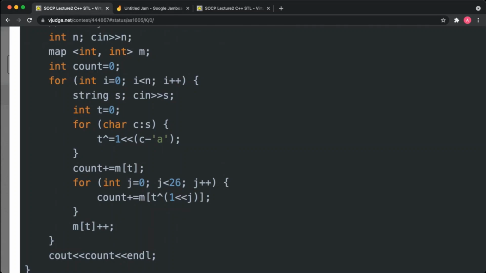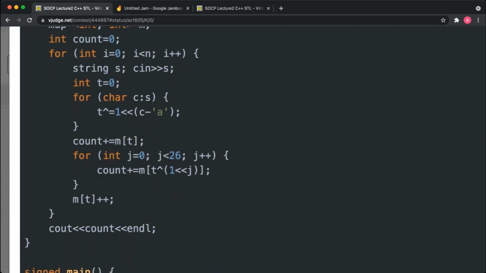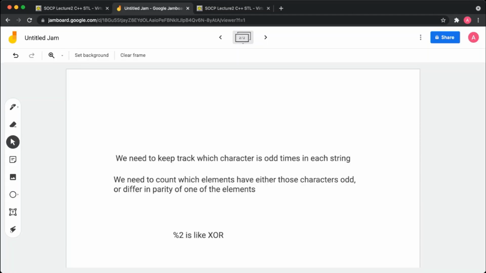Then we are going to add to our counter variable the number of strings which have the same parity. Like all the digits are the same, so when we combine them, the counts become even, and the resultant string is even. Now we also have to count the number of strings which have one character odd and the rest even.